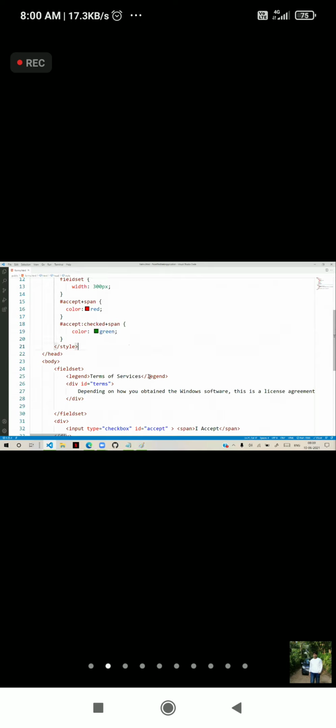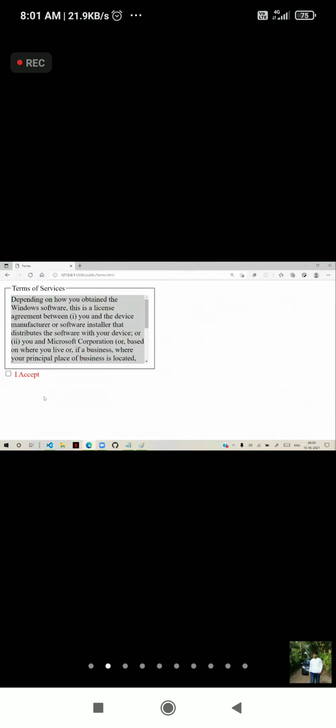That means the checked property that you have used, you can use this in the styles also. So now if the checkbox is checked, because this is the checkbox ID, the span will turn to green color. You can see now, I select the checkbox, it will be green color. I remove the checkbox, it will be this.